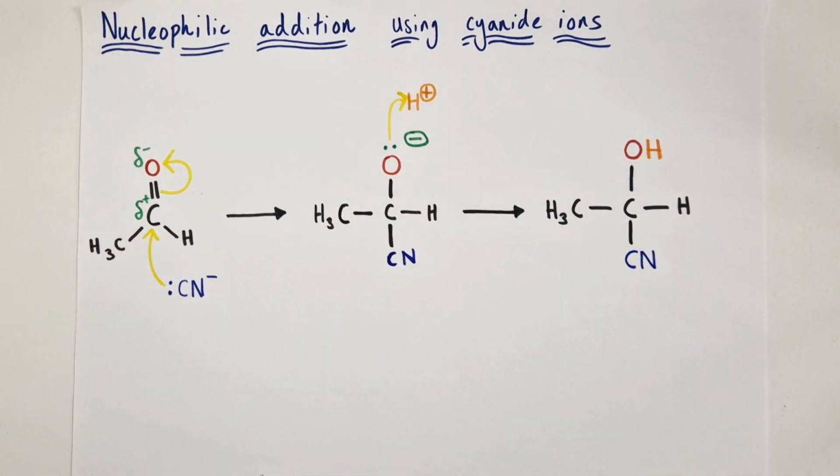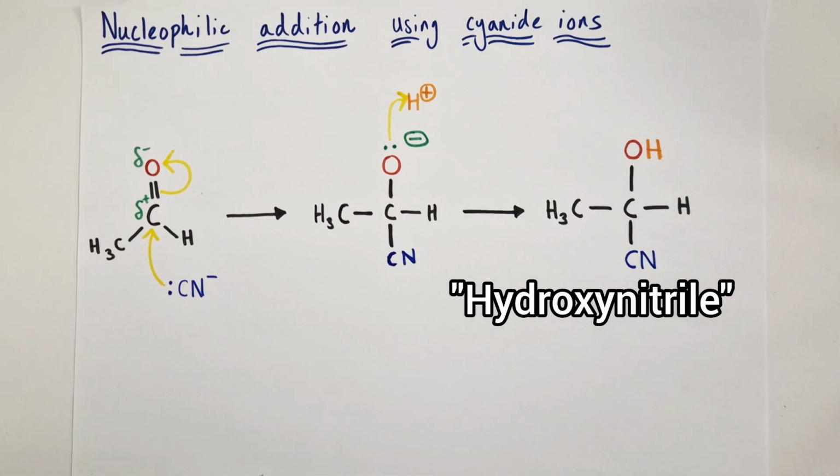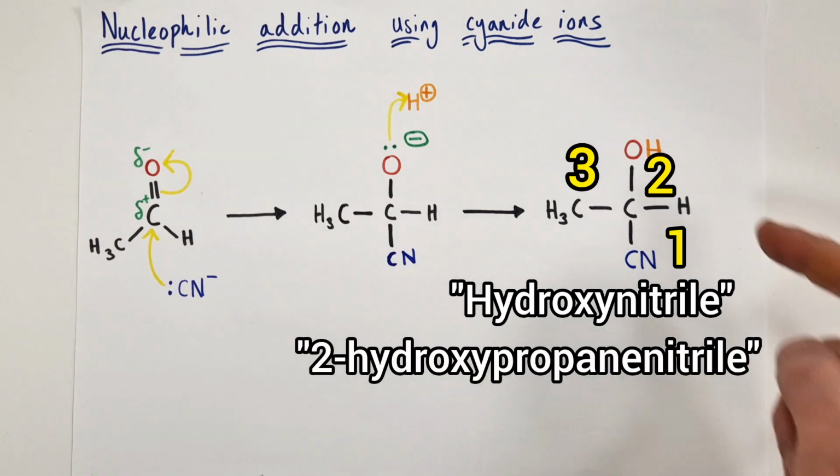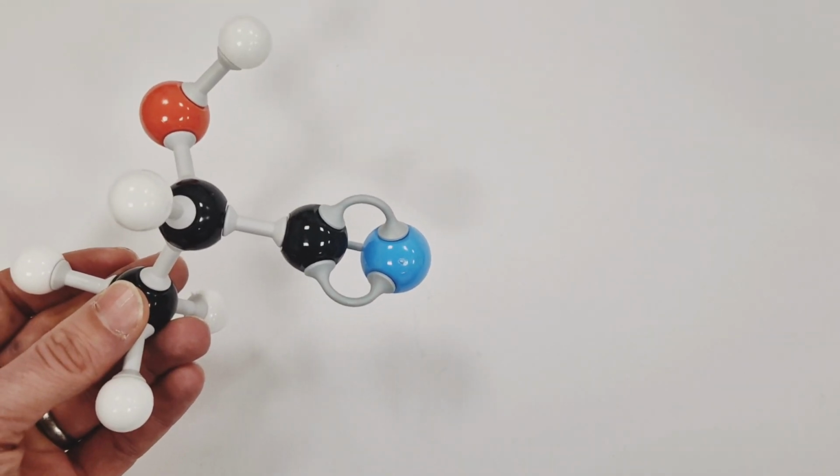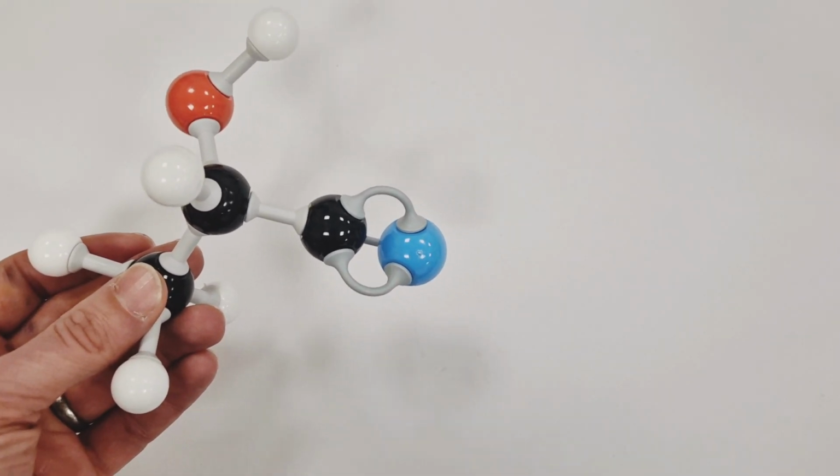And finally, in step 3, our final step, we present the finished product, a hydroxynitrile molecule. And specifically, this is 2-hydroxypropanitrile. Finally, I want to touch on an interesting aspect of this particular mechanism and the nature of how the